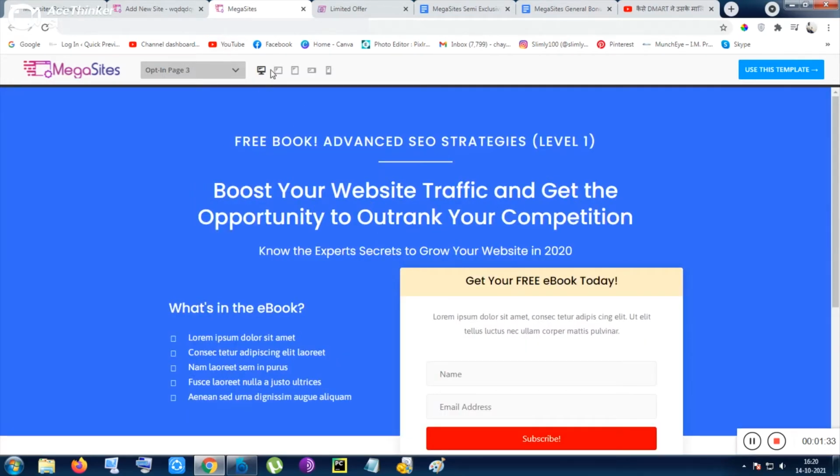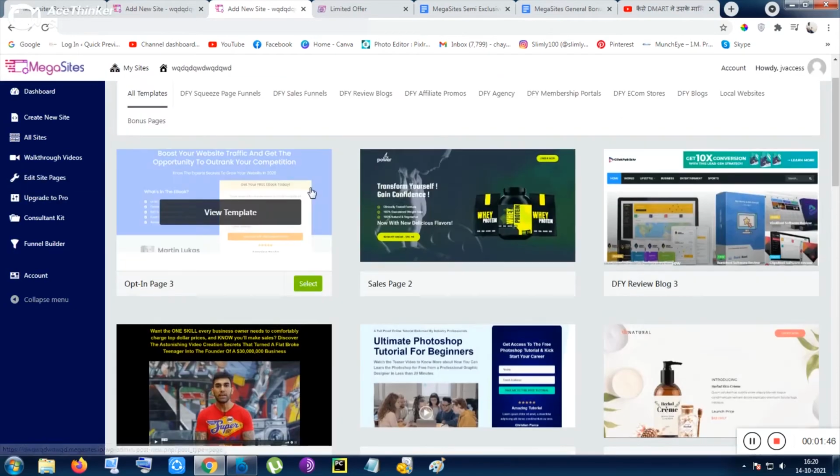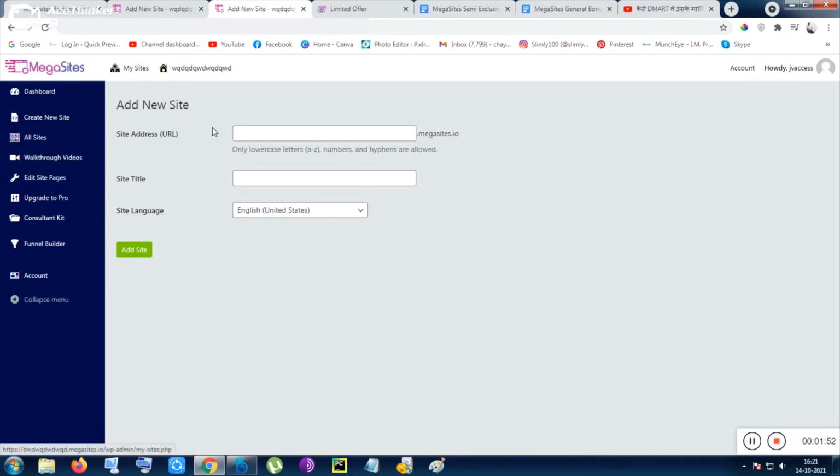Okay, so these are the appearing stuffs, like the responsiveness inside tablet, inside mobile, and inside desktop. And you can use this template. Once you have clicked on that, you can start editing, like select that and create, or you can click on use this template and choose the site address, like the subdomain. You can choose any subdomain here. You can use Google, your name, yoga, gym, everything. Then the site title, and use the template.